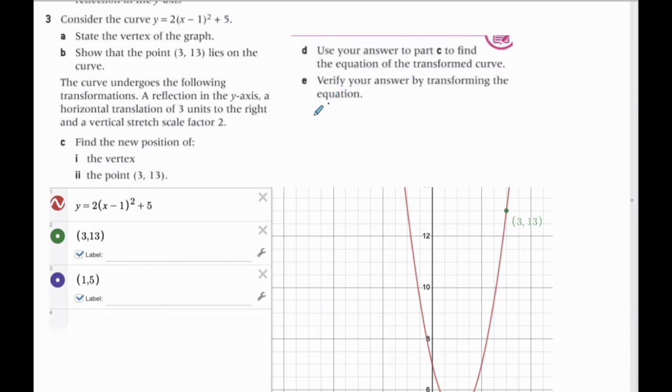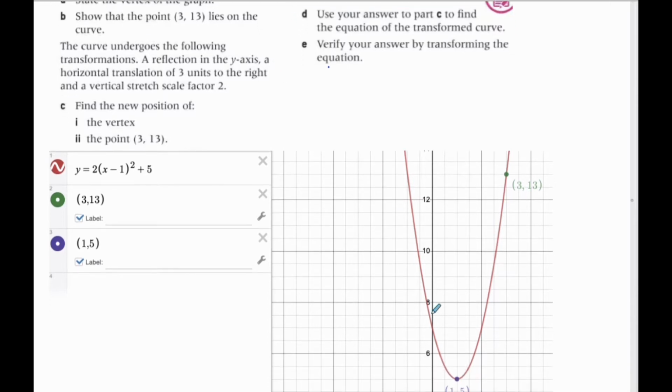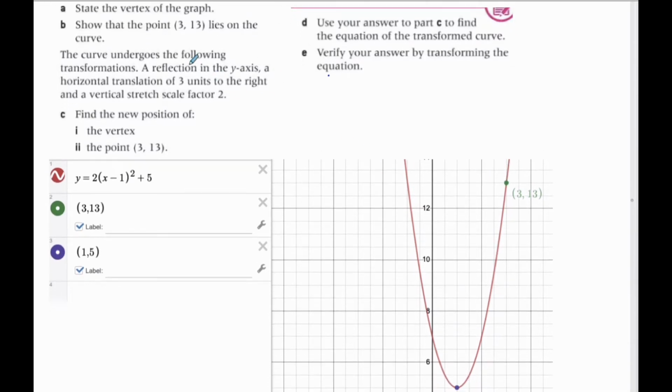All right, so in this problem here, I'm going to skip quickly through number 3, A and B, and you can see that we have our vertex here at (1, 5), and (3, 13) is on the graph. But what I really want to talk about is C, D, and E. Okay, and so it undergoes a reflection over the y-axis, then a horizontal translation 3 to the right, and a